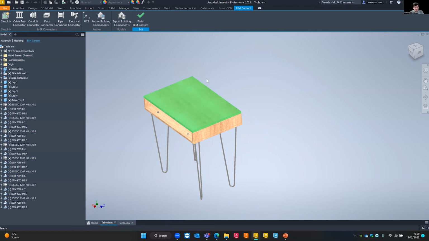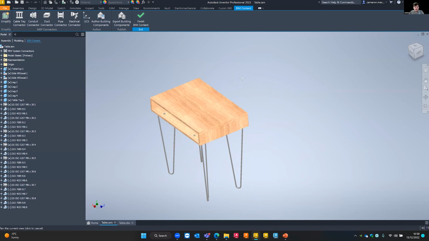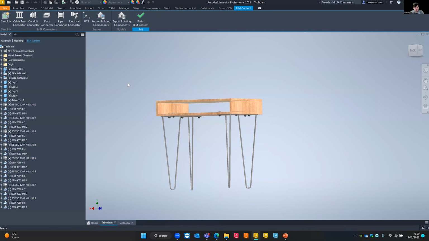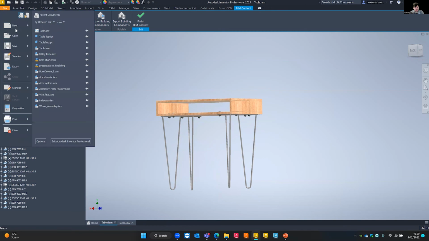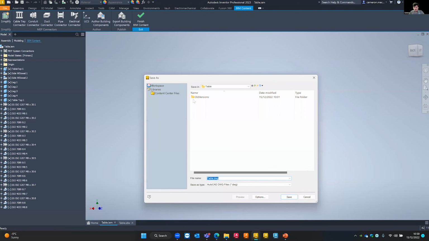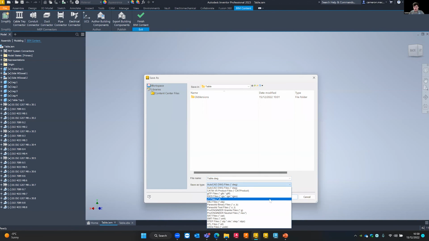So inside of our export options, if I go to File and Export from inside of this assembly, it's taking a little while for some reason. Let me just make sure I've got that selected. There we go. So in our export options, we've got the ability to export to different CAD formats. If I use the CAD format option in the drop-down, we have two new file formats available to us. The first one is the GLTF,